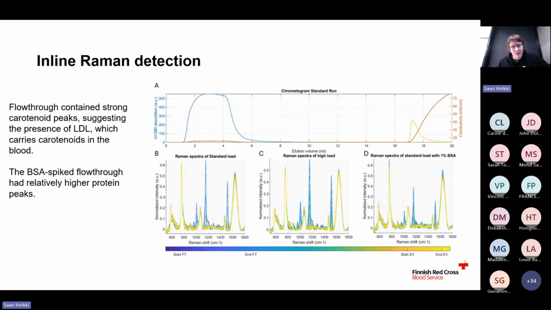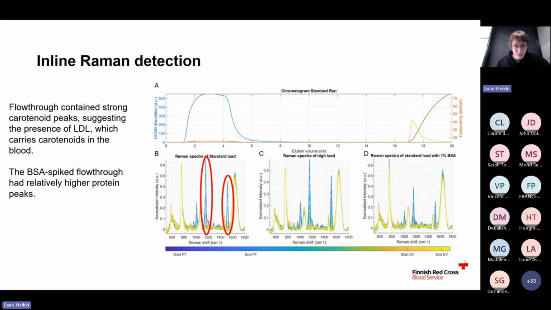So what does the Raman data look like? Here we have color-coded the chromatogram. The blue is the flow-through fraction and the yellow is the eluted EV fraction. The first thing that strikes is that the flow-through fraction contains these 2 peaks in the Raman spectra very strongly, and these correspond to carotenoids. And this in turn suggests that these contain lipoprotein particles. LDL is what carries carotenoids in the blood. So this also makes sense